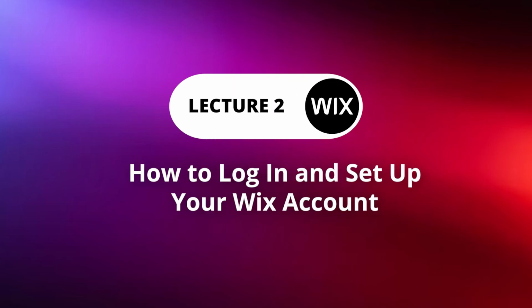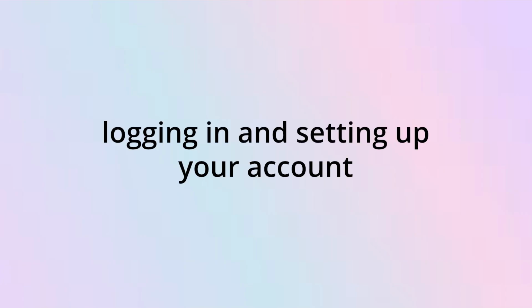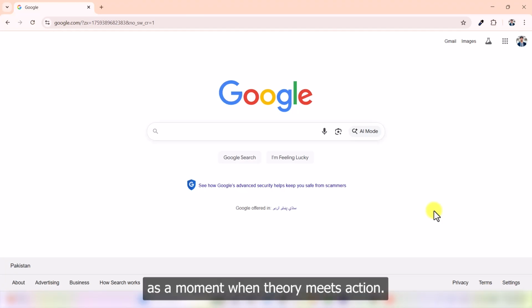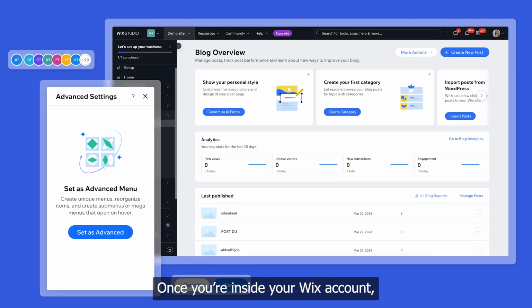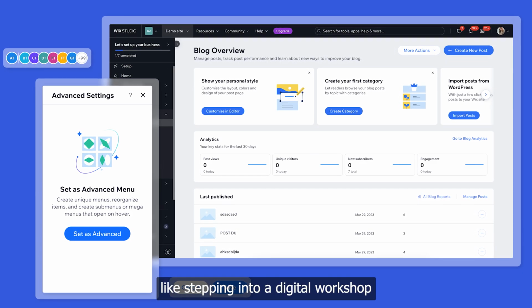Lecture 2: How to log in and set up your Wix account. Now it's time to take the first practical step: logging in and setting up your account. Think of this lecture as the moment when theory meets action. Once you're inside your Wix account, the platform opens up to you like stepping into a digital workshop where all